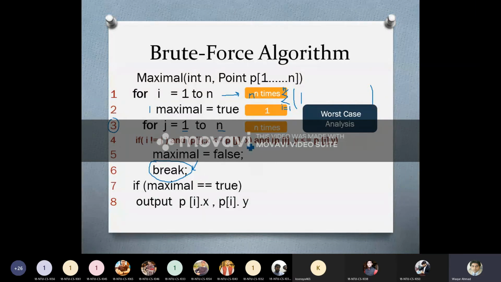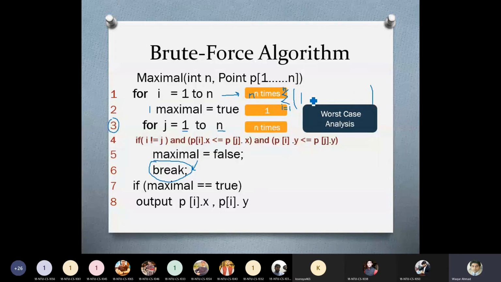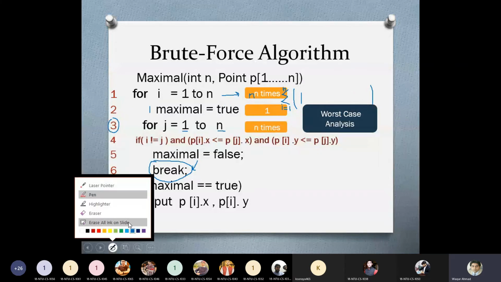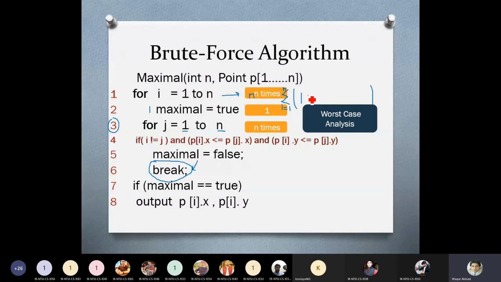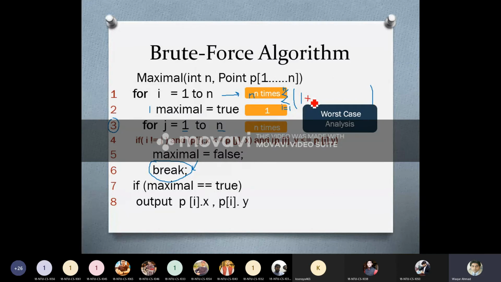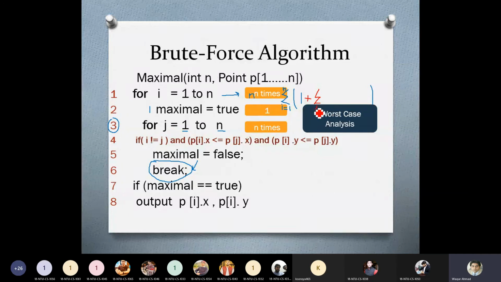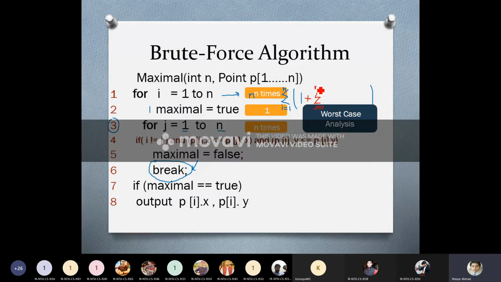So let's perform our analysis a little forward, and I'm going to change the color here, and use the plus symbol. Inside the plus symbol I am again using a summation symbol, and in this summation symbol we have a j variable, its starting value is equal to 1, and its ending value is equal to n.